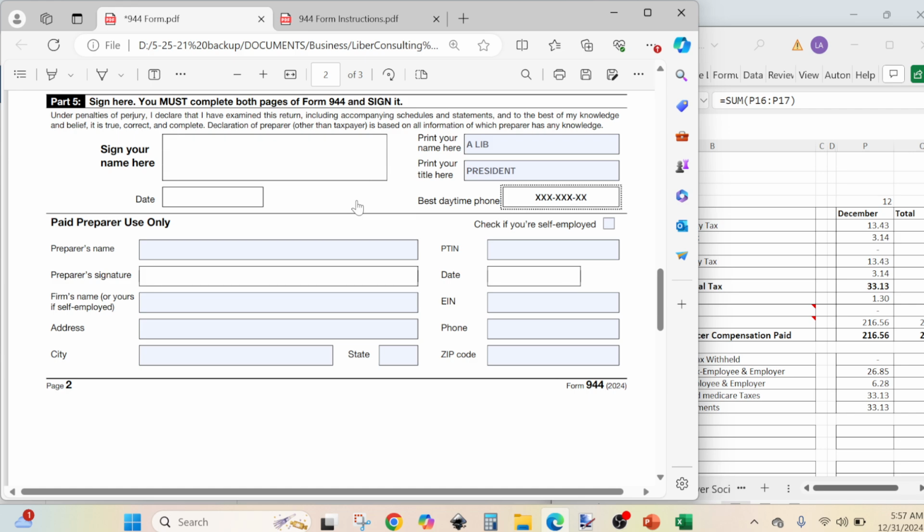You are filing it for your business. If an employee of your business is filing the return, they leave this section alone as well, because you are not really paying them for filing the return. You are paying them for working in your business. If you are a pay preparer filing for a client,